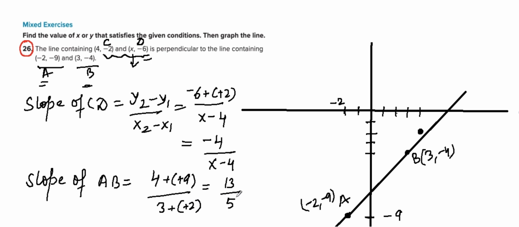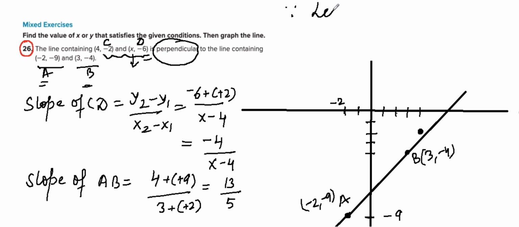So firstly I got the slope of CD in the form of x, and the slope of AB is 13 over 5. Now it is written that they are perpendicular. So what will be the slope of the other line? Either you can make the product equal to minus 1, or you can write now here,